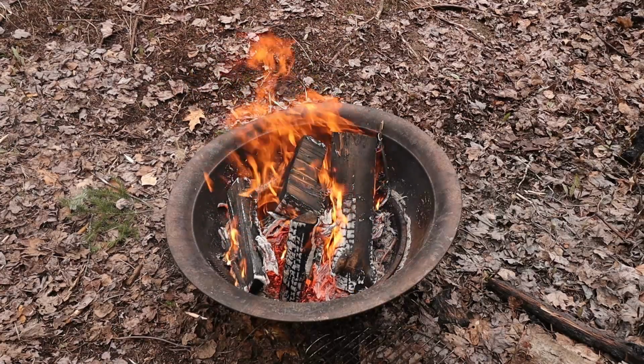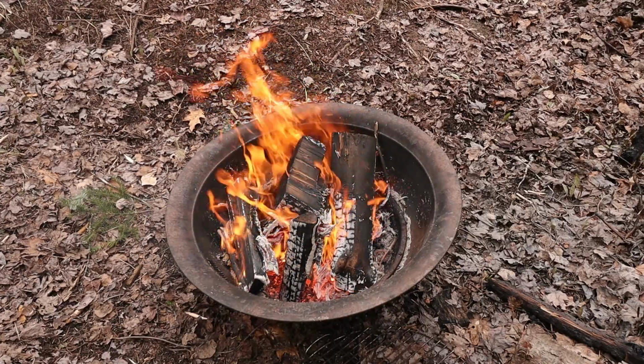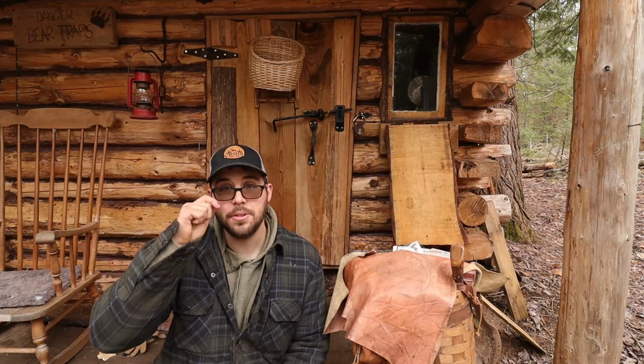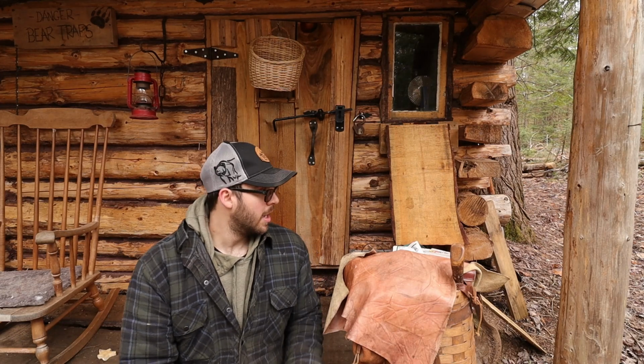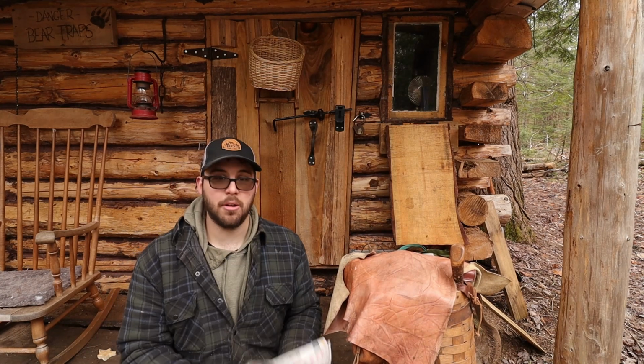The smoke is dying down. I'm going to get a nice bed of coals, and I'll throw on the chicken that I brought. So, you guys saw me before I started the fire. I tried a match, it wouldn't ignite right away, it was too windy. So I took out some paper that I brought. These are flyers,